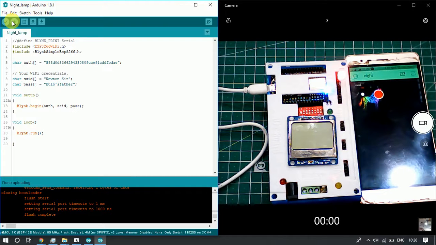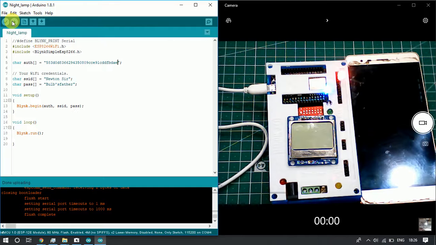So this was about controlling the RGB LED using the Blynk application. This LED can act as a night lamp. Using the same principle, we can control a motor, the speed of a motor, or we can also control the brightness of a single color LED like a green LED or a red LED. And these types of projects we can create.